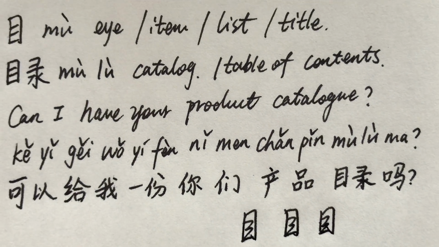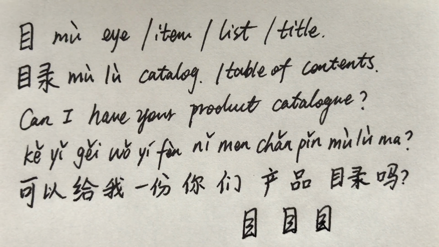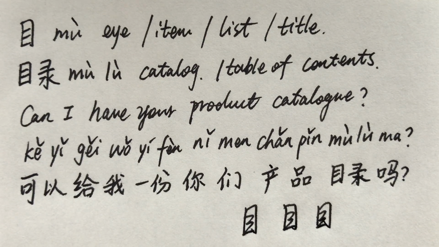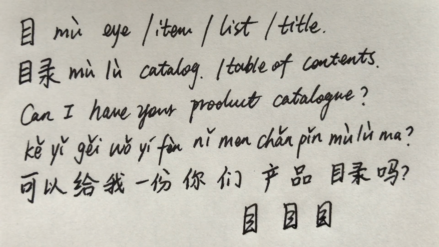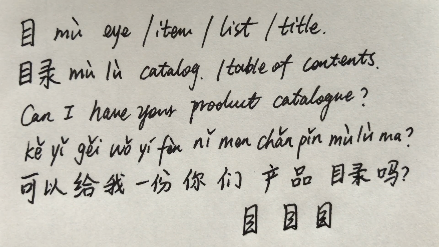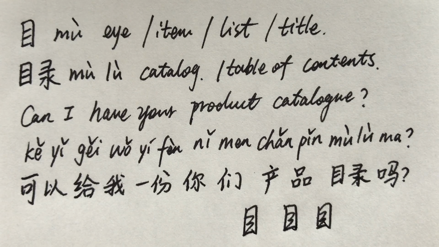Mu. Item, list, title. 目录 catalog, table of contents. Can I have your product catalog? 可以给我一份你们产品目录吗？